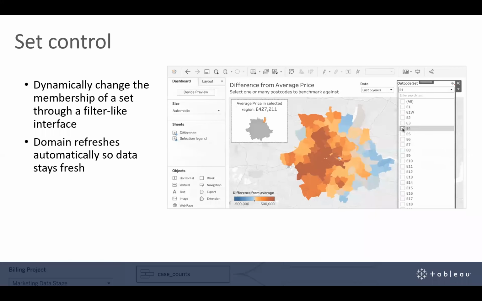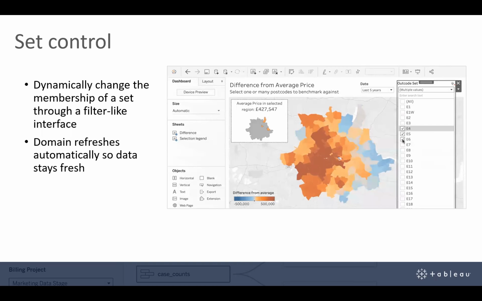And so if we select the outcodes E4, E5, and E6, they're located near the edge of London, to belong in your membership. So this means that we're averaging the prices together and then comparing that to the average of the rest of the outcodes. So this is why a lot of the outcodes suddenly look more red. They're higher in the average price compared to the outer edge areas we've selected in the set.